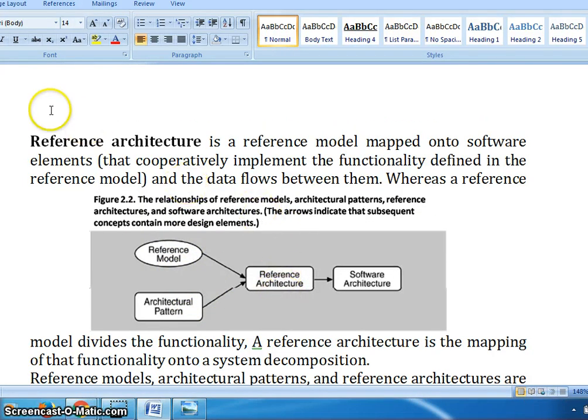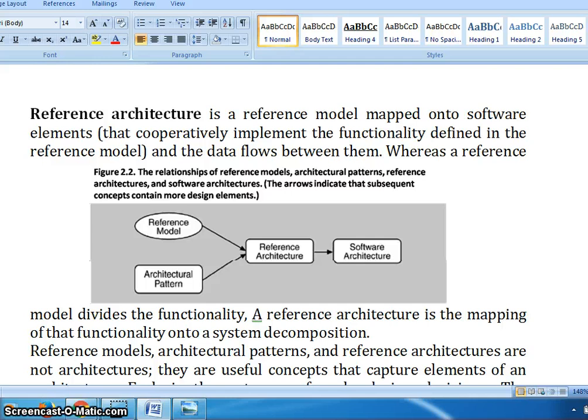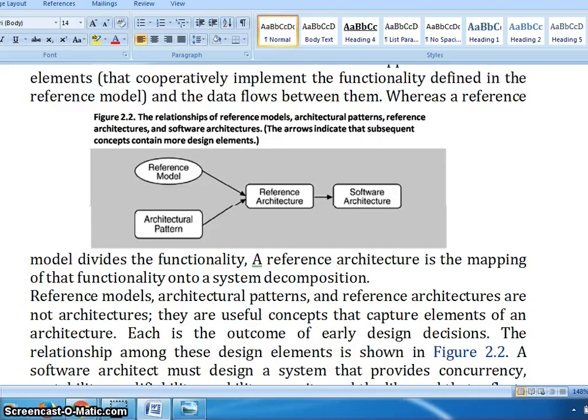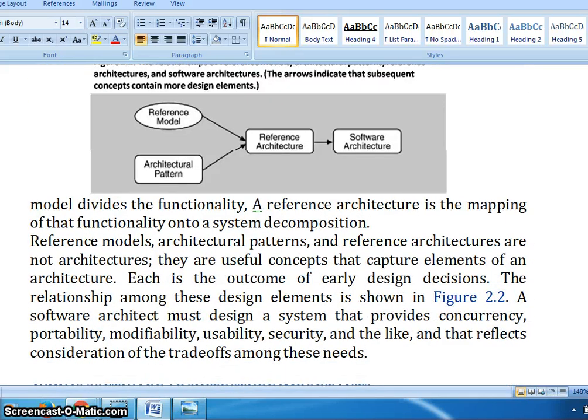So we can define reference architecture as a reference model mapped onto software elements that cooperatively implement the functionality defined in the reference model, and it also defines the data flow between them, whereas the reference model divides the functionality. After going through these definitions, we can make out two main differences between the reference model and the reference architecture.